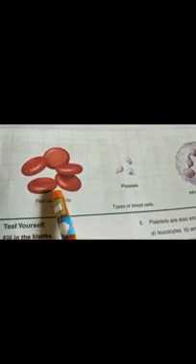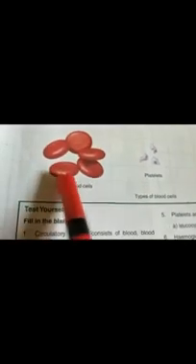Now you can see the shape of the red blood cells. It is disc shaped, or you can say button shaped. It doesn't have any nucleus like the white blood cells. Nucleus is the central part. Why? Because it makes room for the oxygen. So for carrying oxygen, it doesn't have any nucleus. Now red blood cells are very flexible and smooth and small also.